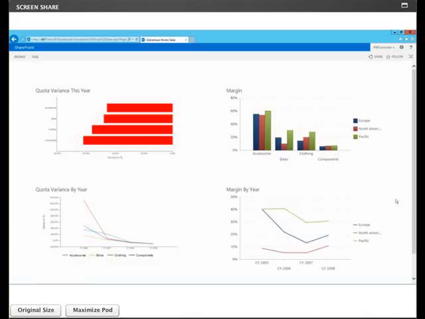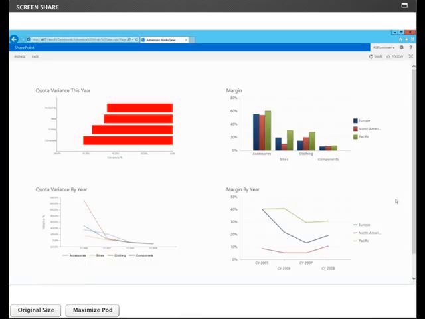So the very bottom bar there for components has a greater than negative 60% variance, meaning we're not selling very well against our goal for components. All of them are doing badly, and that's why there's a red. If we were to switch to a different year and we had some positive, we were moving towards our quota, we'd actually, above 0, be a different color here. So the red is definitely grabbing attention, and it definitely means something. It's, hey, we have a problem.